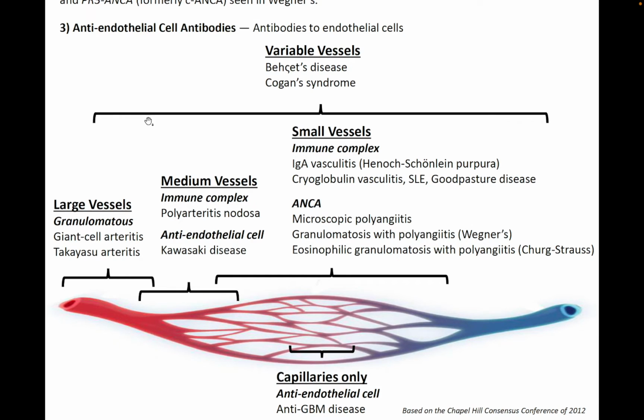The medium vessel category also has immune complex derived vasculitis, which could be polyarteritis nodosa, and anti-endothelial cell of Kawasaki disease. The large vessel category, you can have granulomatous vasculitis and giant cell arteritis or Takayasu arteritis. And you can also have vasculitides that affect the capillaries only, and those can be anti-endothelial cell, such as anti-glomerular basement membrane disease. And we'll go into more of these individually, but here's just kind of a framework for our